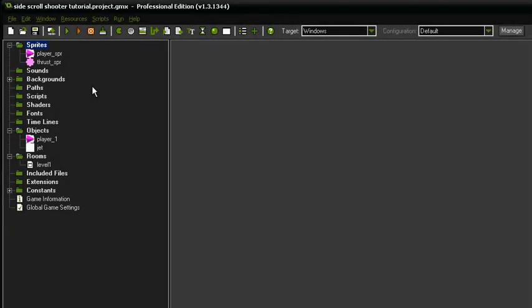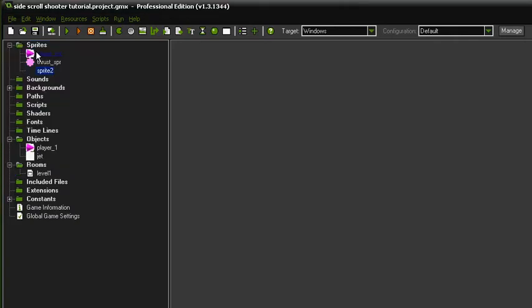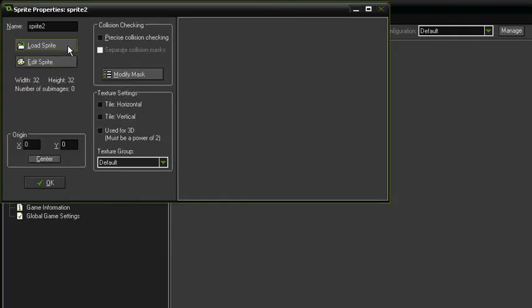So for this to be a shoot 'em up, obviously we need to create some kind of projectile system. So we're going to create the player's bullets and the controls for firing them. First thing to do is make a sprite for that. So right click, sprites, create sprite. I'm going to call it laser 1